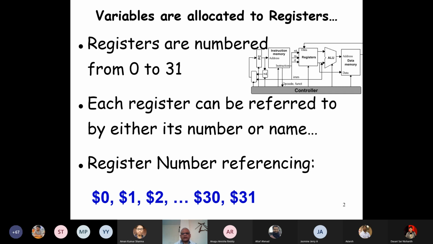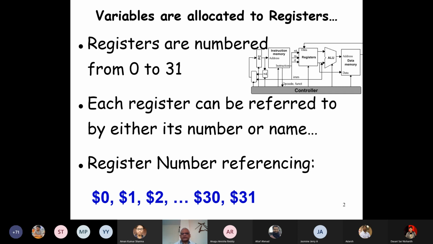There are 32 registers here that were discussed, 32 general purpose registers. There are many other registers. There are special registers like the program counter, memory access register, etc., which are not shown. And there are a large number of invisible registers which we don't see. This is the view of the programmer about the processor.